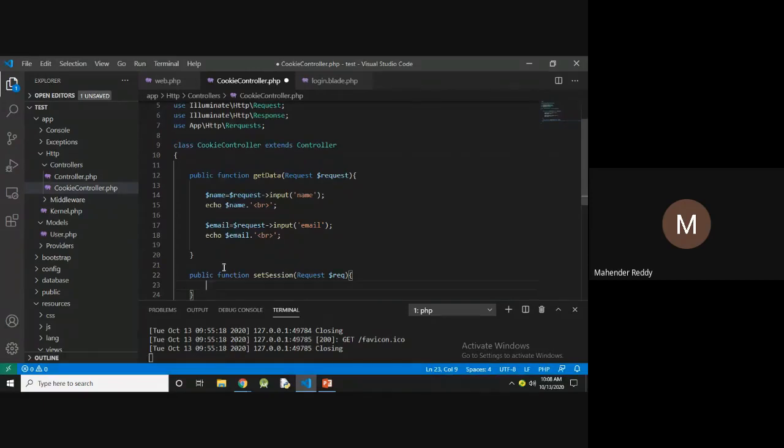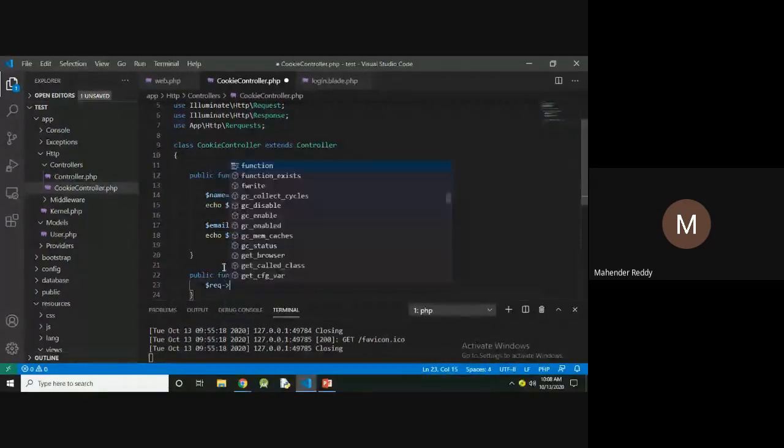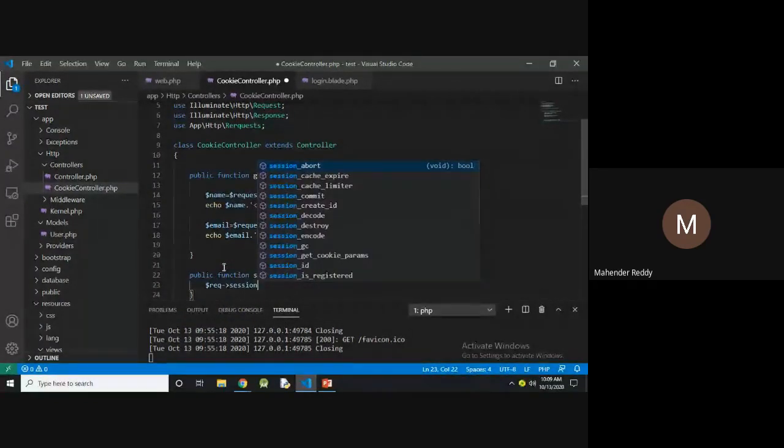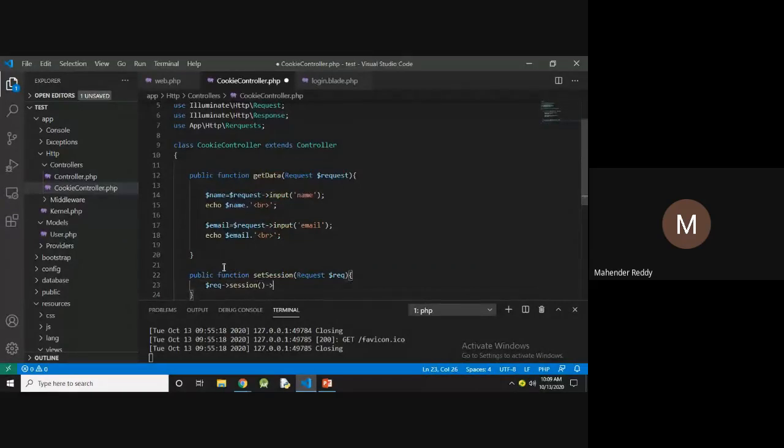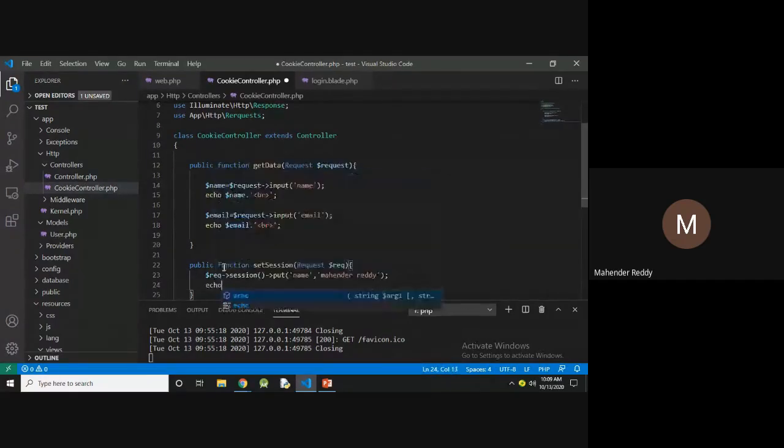Now I'm going to create the session. $req->session()->put(), I'm going to use the put method. Here name is the key and the session data is Mahinder, so the value is Mahinder and the key is name. Then echo, and I'm going to display some message: data stored in session.